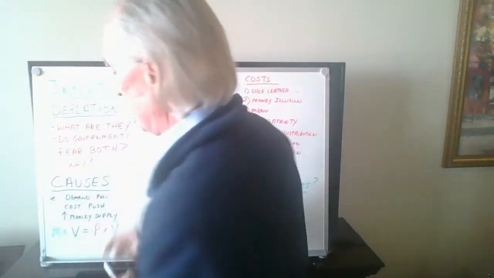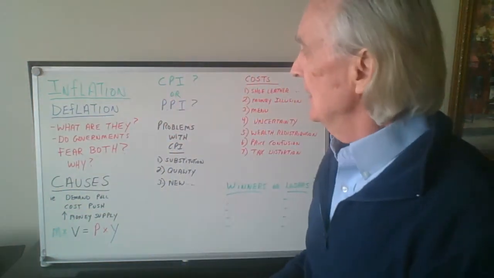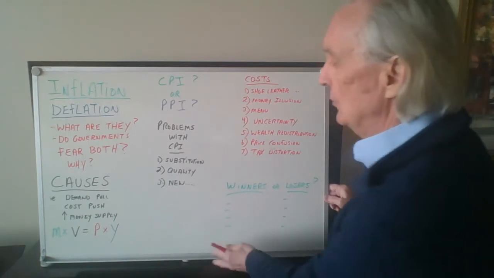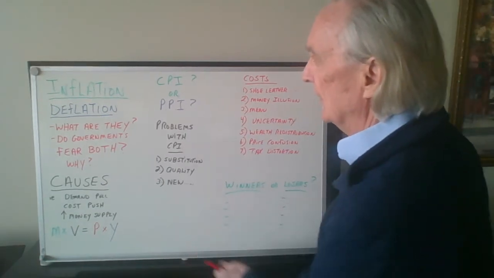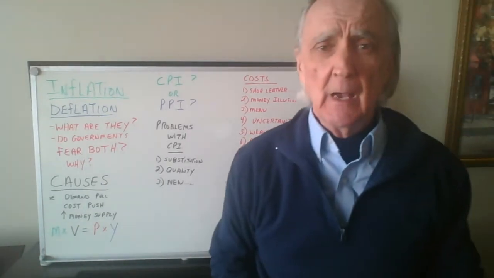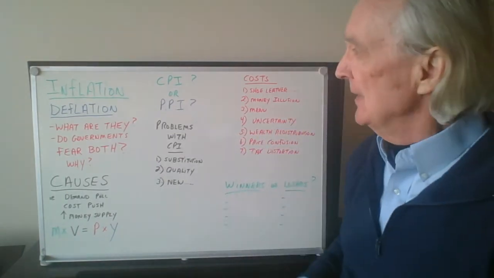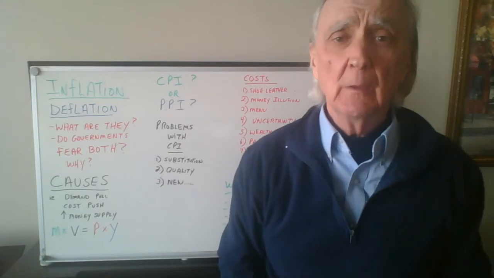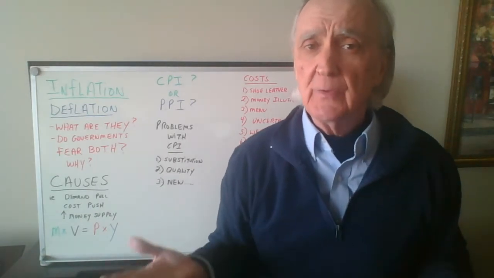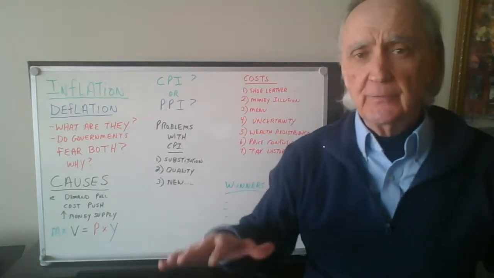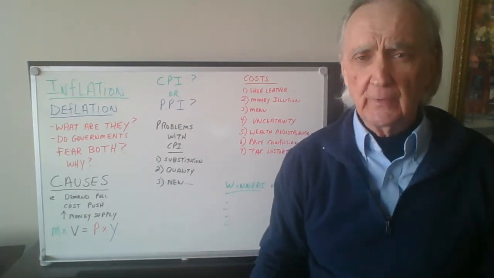And that has to do with inflation, or deflation, something having to do with the price level. The second great evil of macroeconomics. Inflation, what is it? Well, it is the general rise in the price level. Deflation is just the opposite. It is the general lowering of the price level.